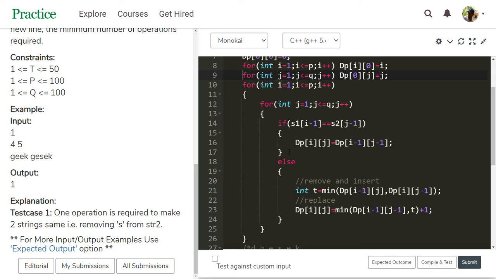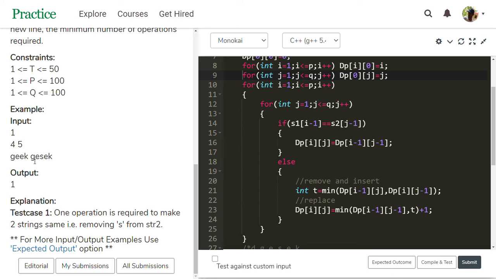Then see why both blocks are there. What is happening in the first block is, when s1 i minus 1 equals s2 j minus 1, what is the meaning of this? The values are the same.